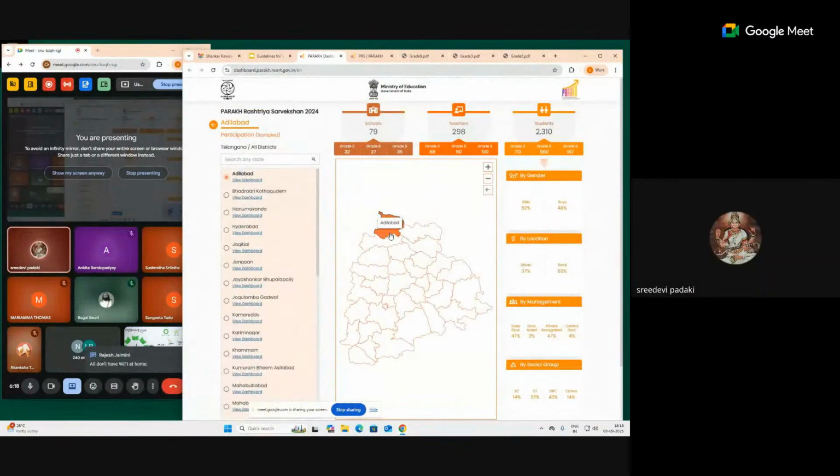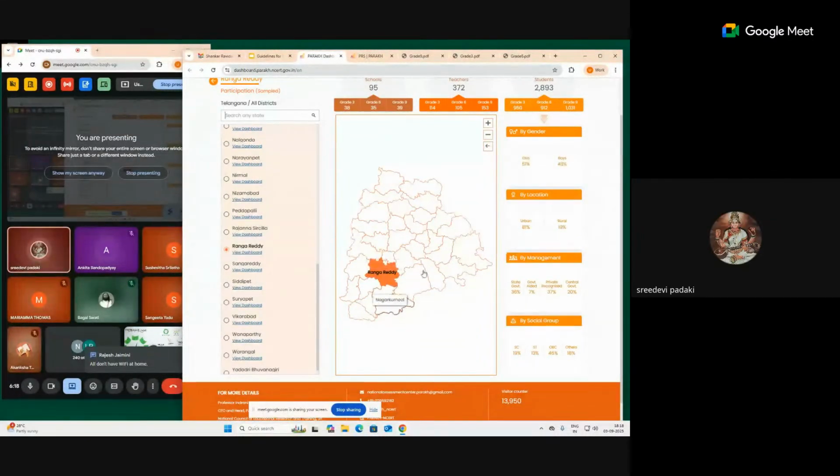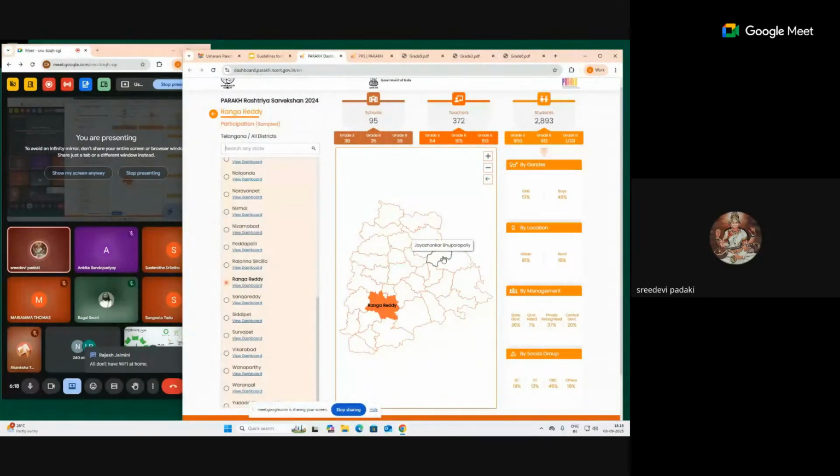I have 2 questions to ask. You were speaking about competency-based questions, whether in SAFL or PARAKH, that is fine. But should we implement the same questions in the test? Second, if not, how can we develop these competency-based questions as an art? I mean, the art of preparing competency-based questions for a teacher. Because I think the present generation of teachers, we haven't upgraded to that level. Given this problem, how should we overcome that?